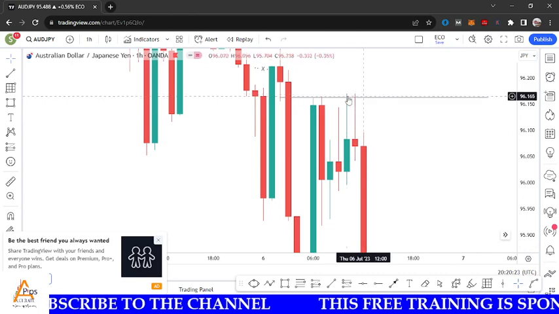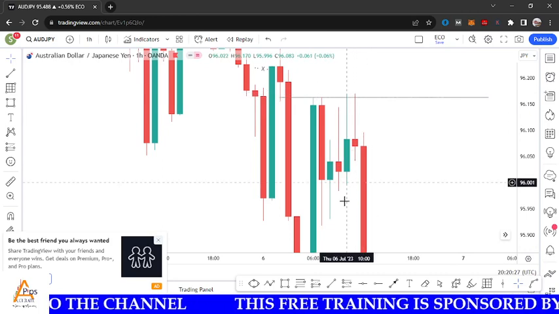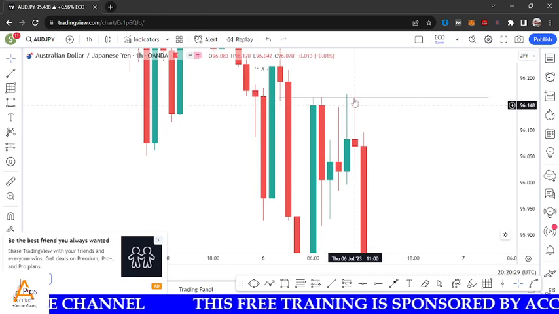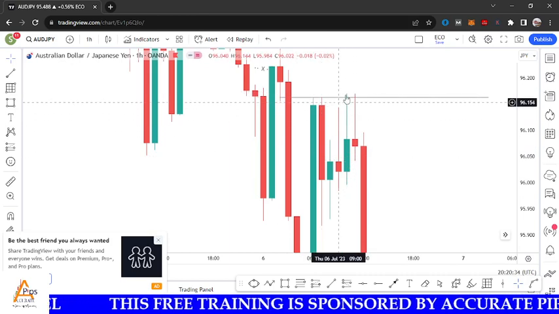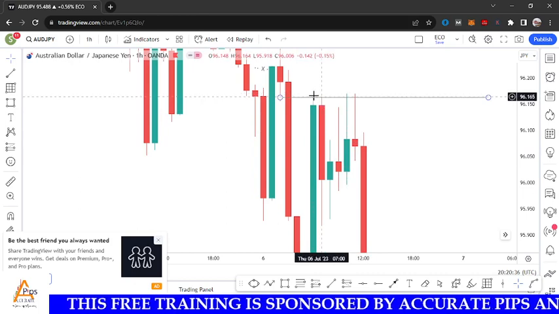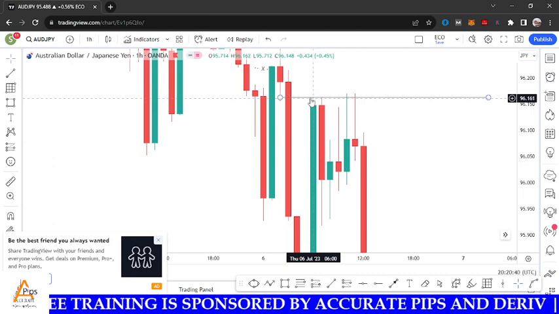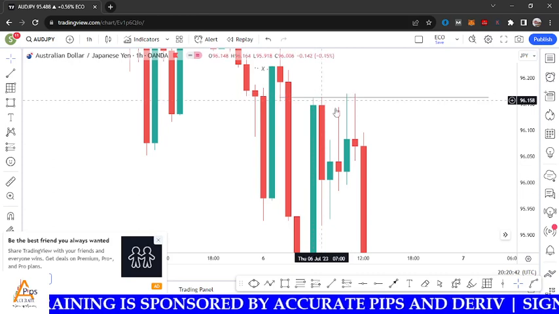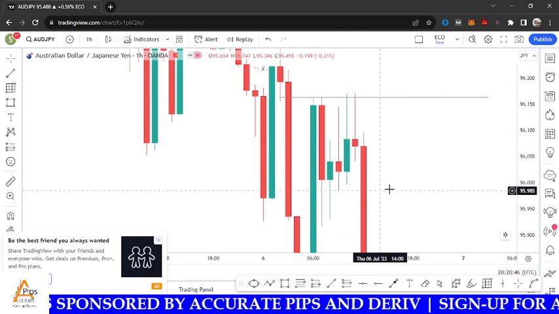This is equal high, so it hasn't broken the wick. This red candle is within the shadow of this guy, but this green candle took the high of these guys. So it has swept liquidity over here. So this green candle becomes our last buying candle